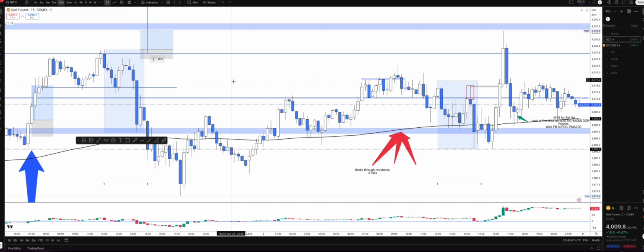I certainly do not want to be stuck in an evaluation for any more than 2 weeks, because with Top Step you get a free reset every month. So you may as well be aggressive and try for the first 2 weeks to pass. If you don't pass it and you blow it, reset it and try again, and you've got another 2 weeks, so you've got 2 shots at it. What you do not want to be doing is trying to earn $150, $200 on an eval, because if you do the math,